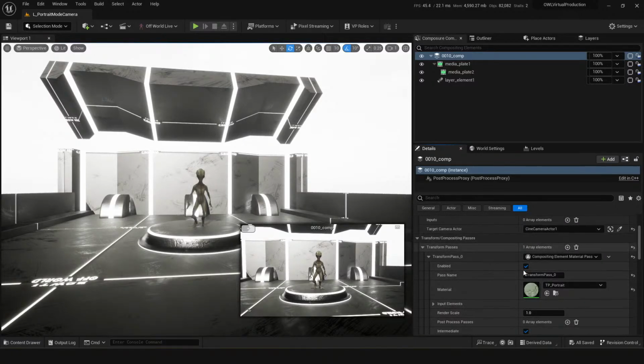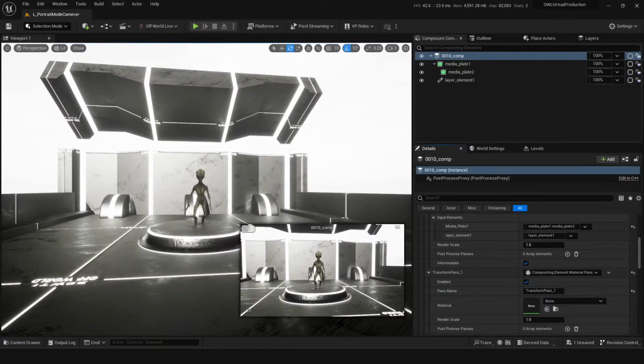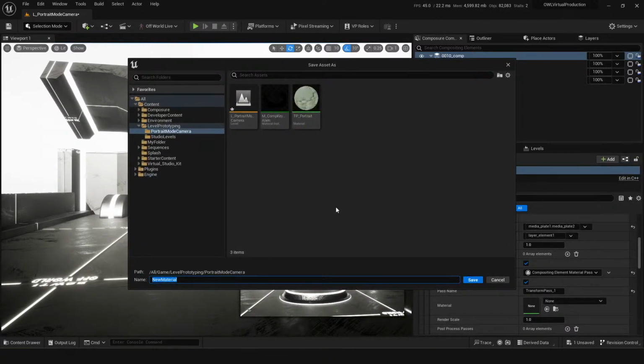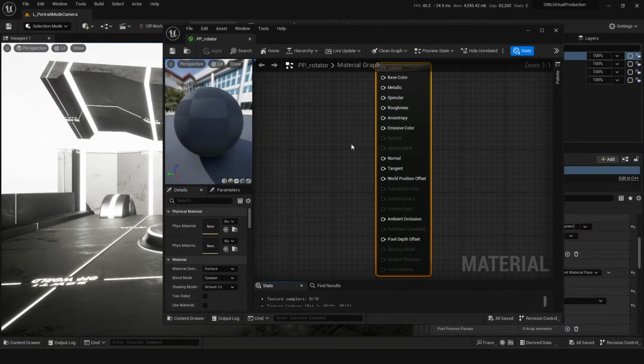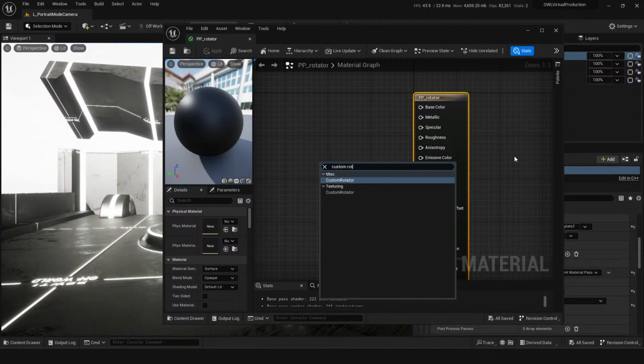Yeah, I guess you could do this in this transform pass, and just use that rotator that I hooked up. Let's see if I can find it. Actually, no, I remember how to hook it up, to be fair. Do post-process material. So the only thing that we had wrong before is we had... what was it? Custom rotator, wasn't it? Yeah, custom rotator.